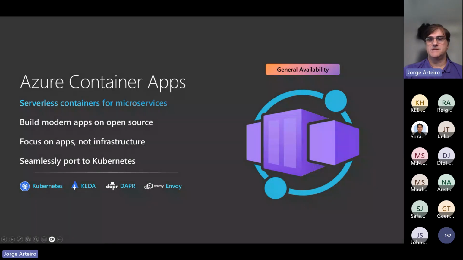If you want to discuss based on just information, that's how we sell Container Apps. It's like a serverless container microservice or application for modern apps, where we use projects from the Cloud Native Computing Foundation, CNCF, like Dapr, KEDA, and Envoy to run this, and Kubernetes itself.